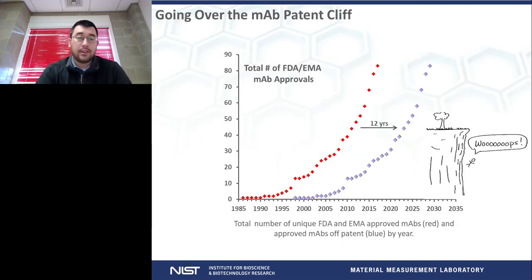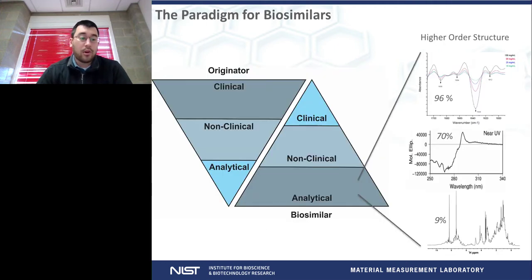Furthermore, as the years progress from the time that these drugs are developed, we get closer and closer to the time in which these monoclonal antibody therapies and other protein therapies are going to come off patent. This is going to make way for a huge wave in the biosimilar production realm. Why that's important is the way that we